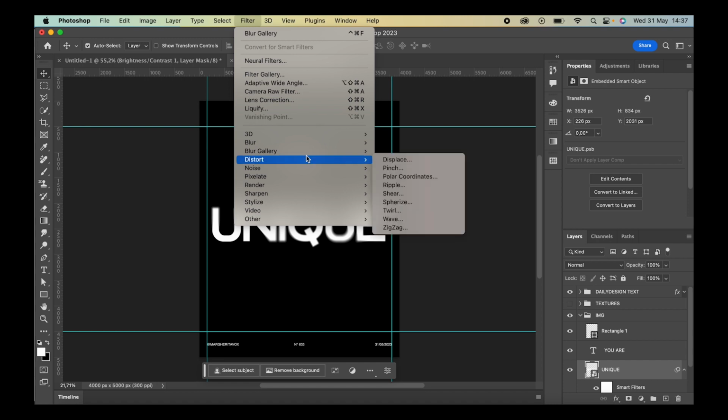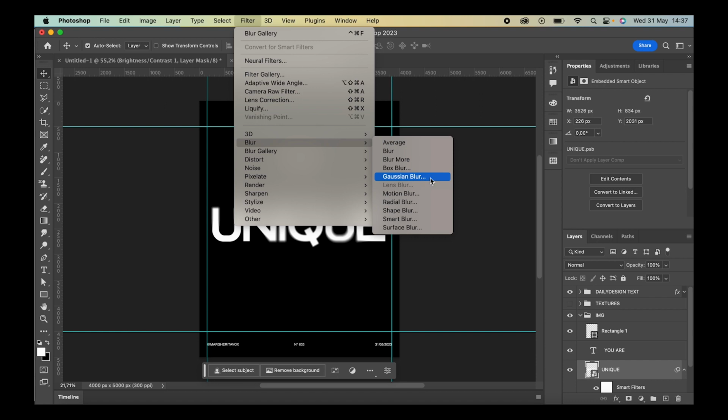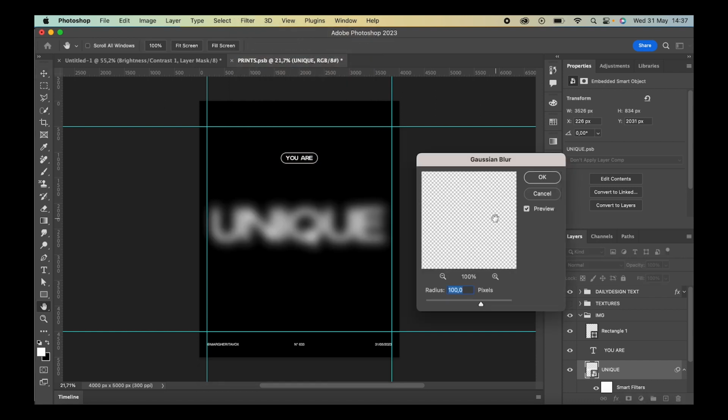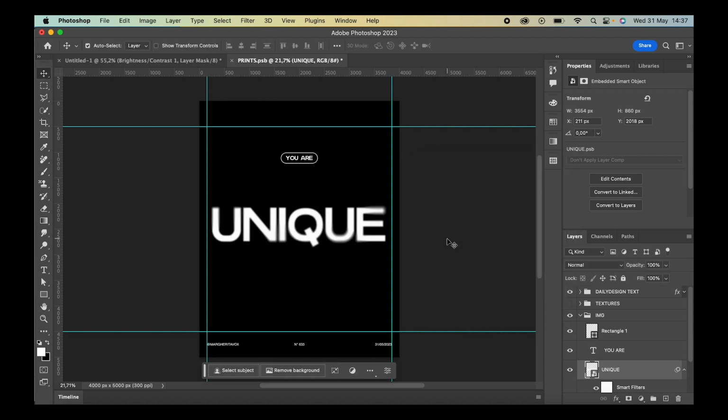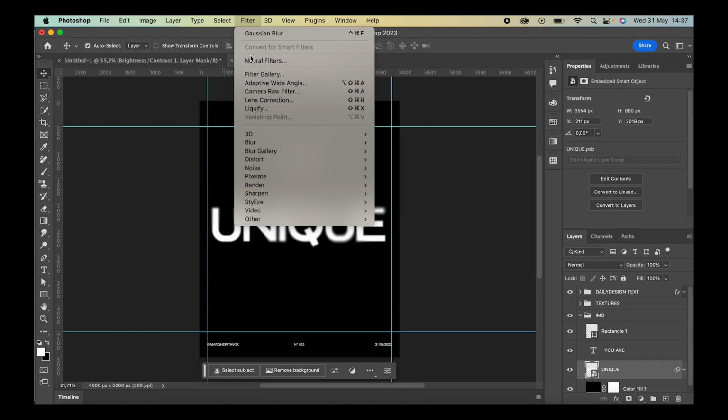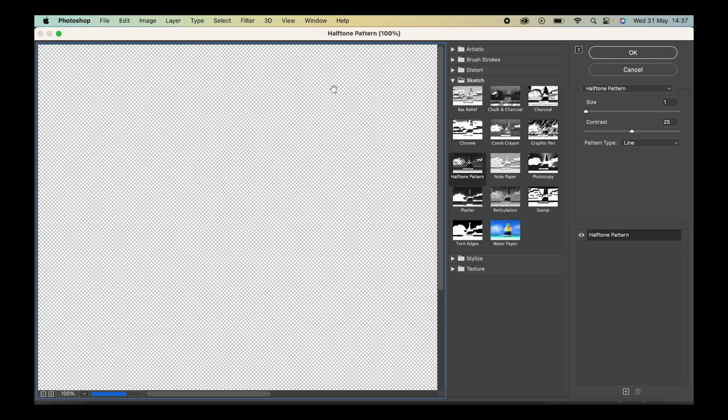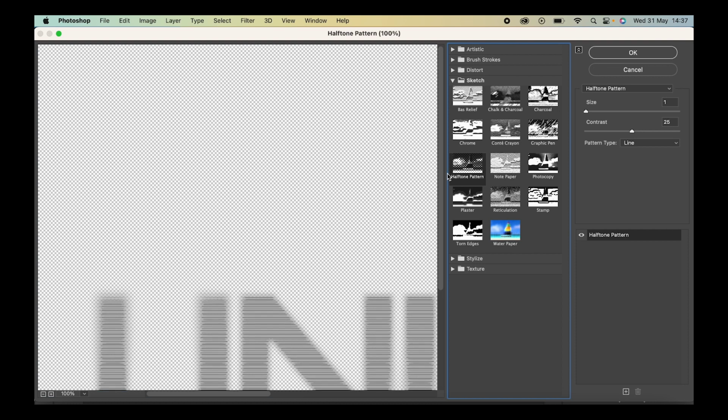I'm also going to add some Gaussian blur. Can somebody teach me how to say this word? Because I don't think I'm saying it right, but I'm not sure. Maybe 10 pixels of blur. It's looking pretty cute. I'll then go to probably filter gallery, and we're going to add a halftone pattern